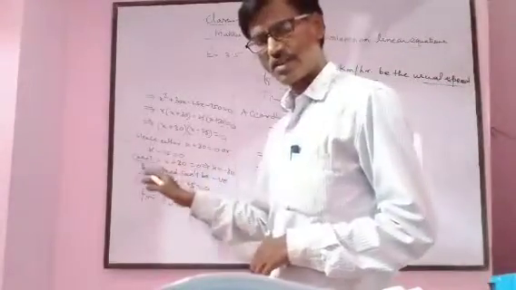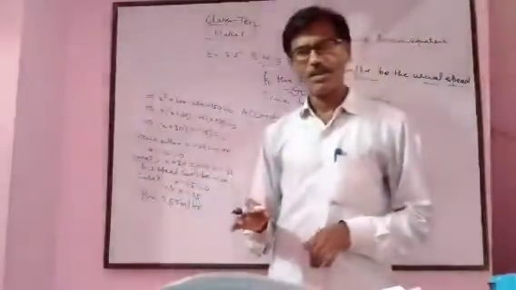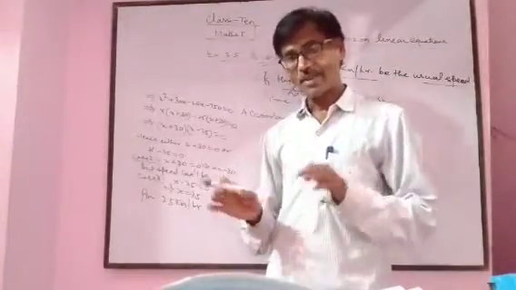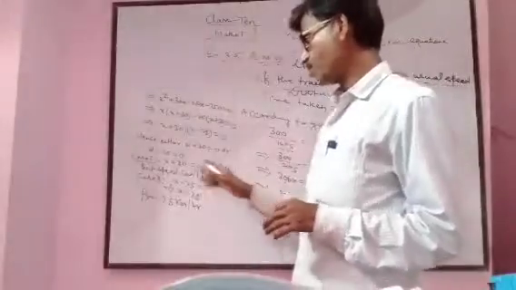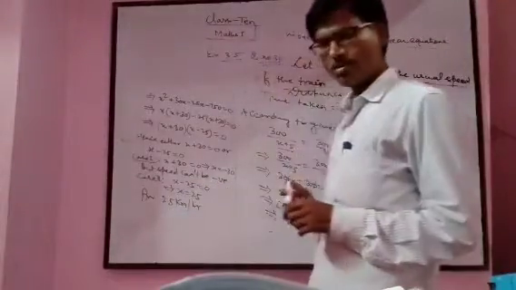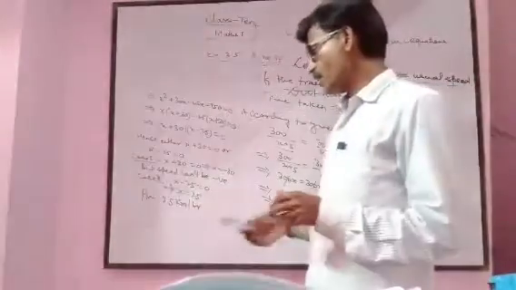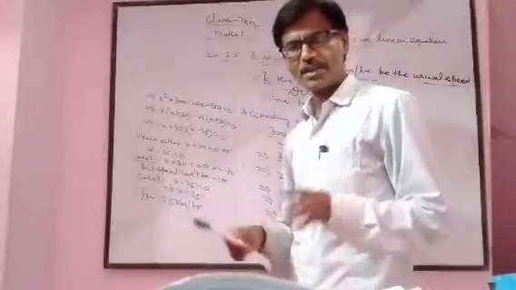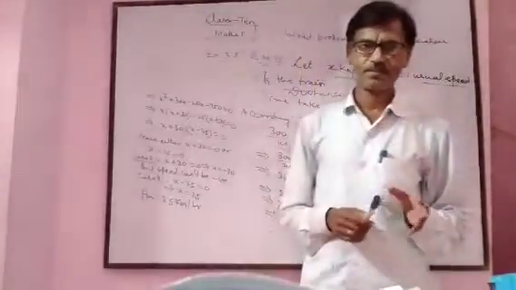But x here denotes the speed of the train. The speed of a train can't be negative. That's why we neglect this case. In the second case we get x minus 25 is equal to 0. Okay, so x is equal to 25. Thus the usual speed of the train is 25 km per hour.